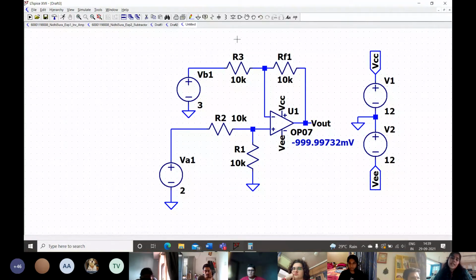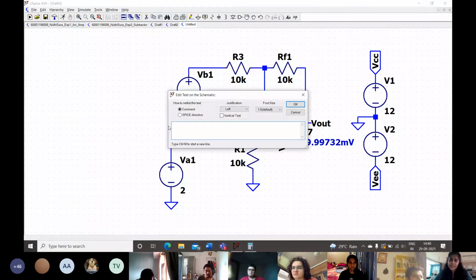Okay, so let's take an example. I'm going to add text again, just repeating. You can either go to edit and text, or you can press T on your keyboard and the text command will pop right up. So we are going to take 4 voltages: V1, V2, V3, and V4.